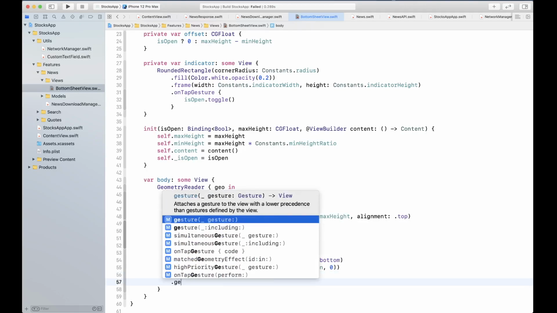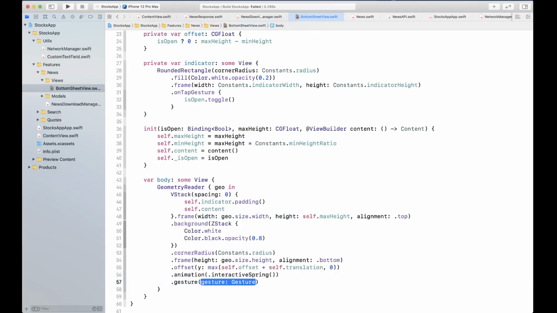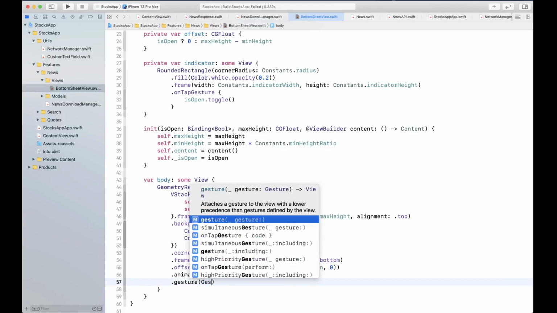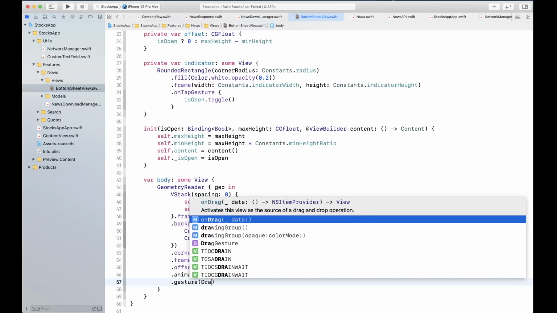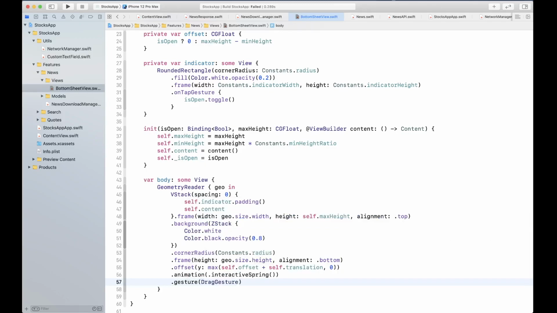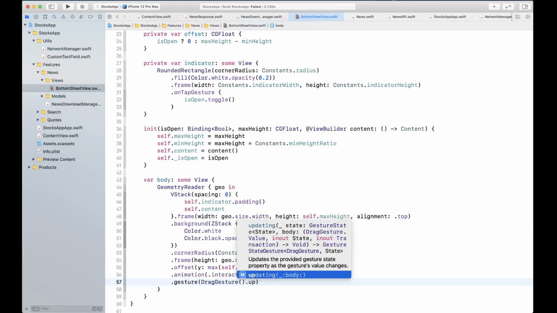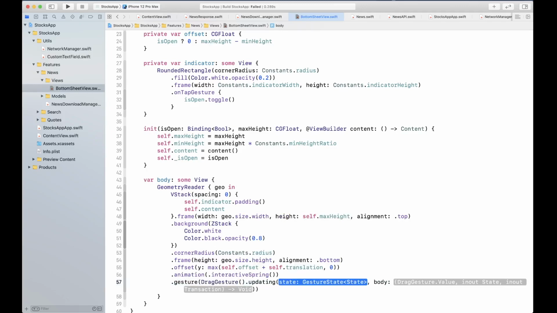We're going to add a gesture to this, and this gesture is going to be a drag gesture. We're going to use updating, which takes your gesture state.